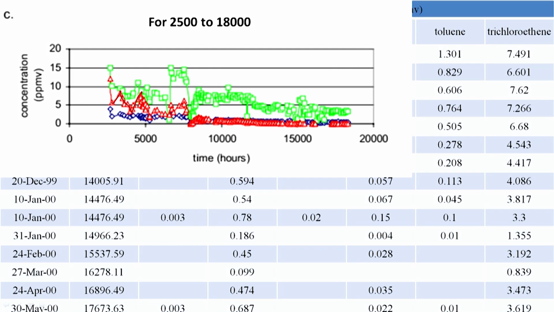Let me try to change the color here. So here you see that there is a decrease and then increase. Why is that? That typically means they stopped pumping in this particular case and then again kept pumping. So the concentration of the contaminant in the gaseous phase decreased and then again they stopped pumping. So again you see an increase, again they kept pumping, right.